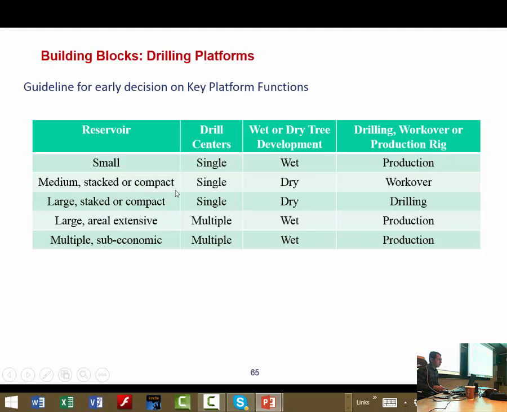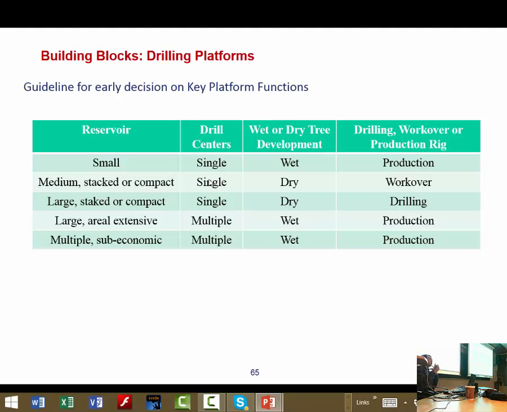And this is some simple guideline for early decision on type of key platform functionalities, which tell you if you have a small reservoirs with single drilling center, it is cheaper solution to have a wet tree system. For example, you have only 3 production wells, because if you want to use dry tree system,